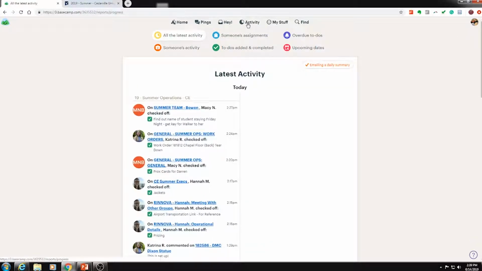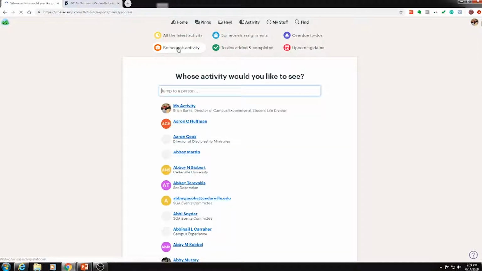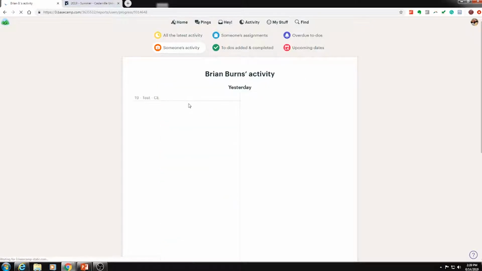Activity. This allows you to see what is going on, what other people are doing. You can see what the entire team is doing. Now, let me caution you. You are not there to snoop on other people. But if I'm looking at this and I know that I have to leave and I look at Nathan and I say, Nathan Fry, I need you to take over for me. He can go over here, go to somebody's activities, and he can look up what is on my plate. And once it loads, because sometimes it takes time,